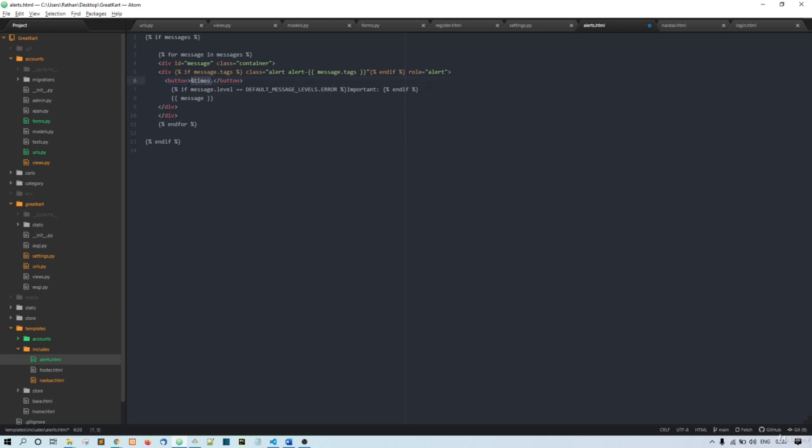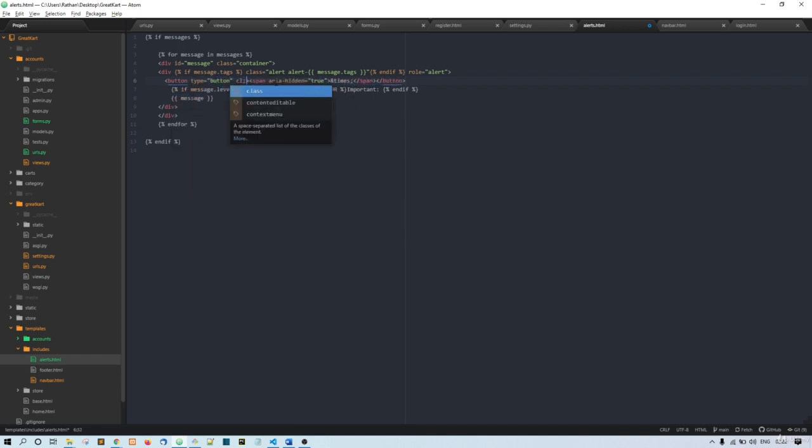We put a span and put this ampersand times, and inside the span let's say aria hidden is equal to true. Don't worry if you don't know Bootstrap, just follow along with me. Aria hidden is true, and then in the button let's say type is equal to button,